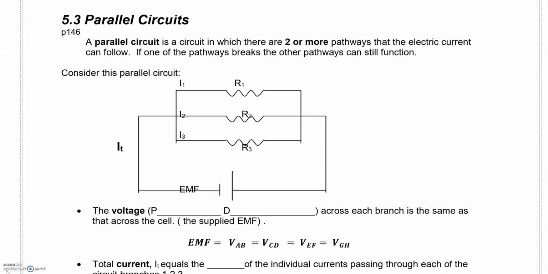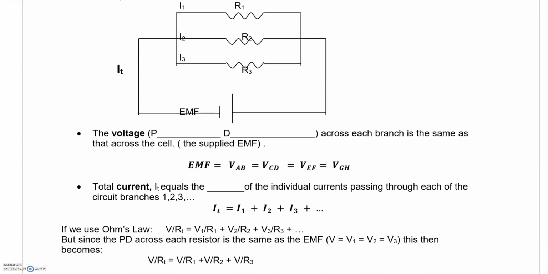Right, so parallel circuits, different obviously to series circuits because, stating the obvious here, there's two or more pathways. So if one of the pathways breaks, the other ones can still function. As we did for the series circuits, we'll look at what the current does, what the voltage does, and how to work out the total resistance. It's almost the opposite of what the series circuit does, but we'll look at them and you'll see what I mean. So first of all, the voltage,